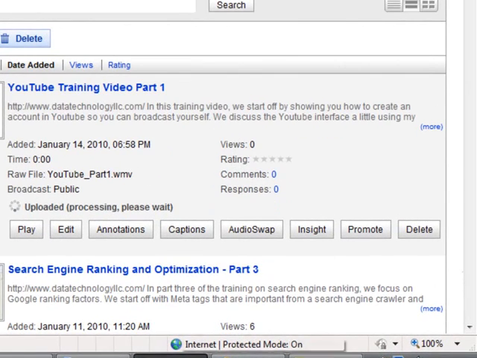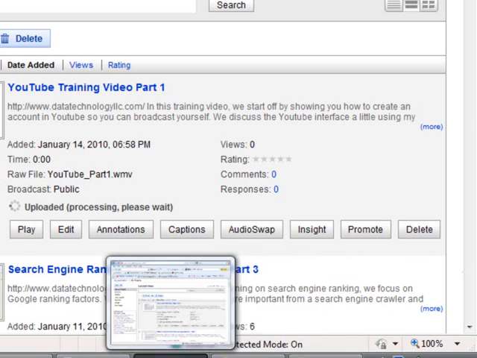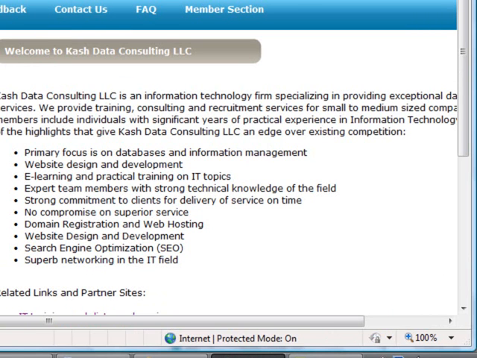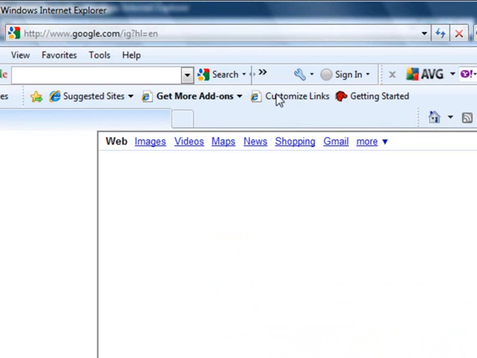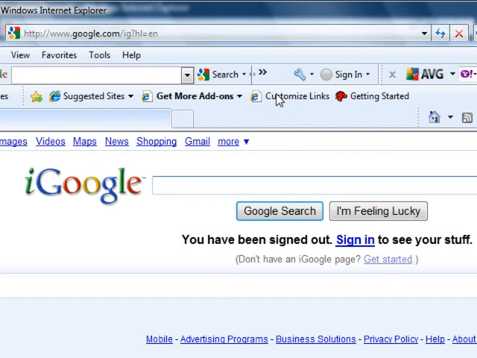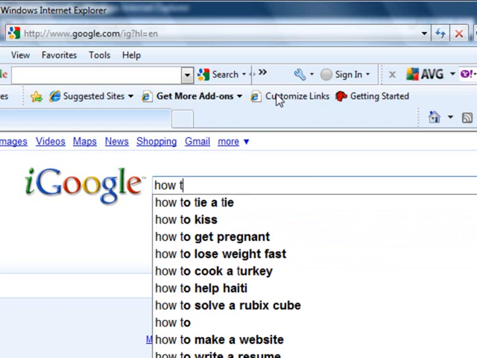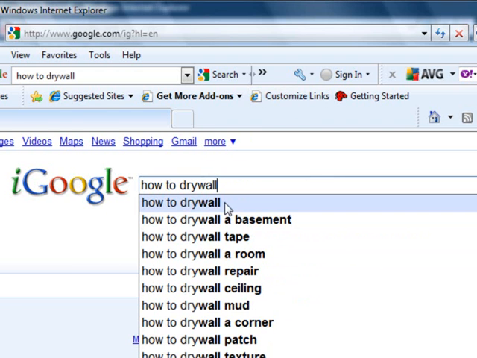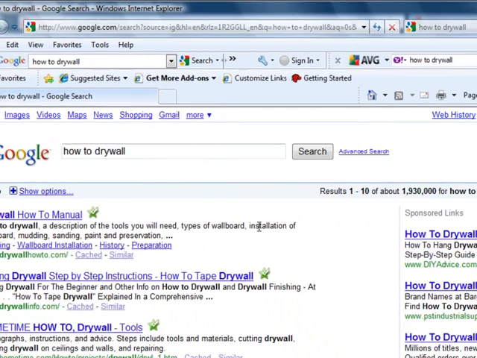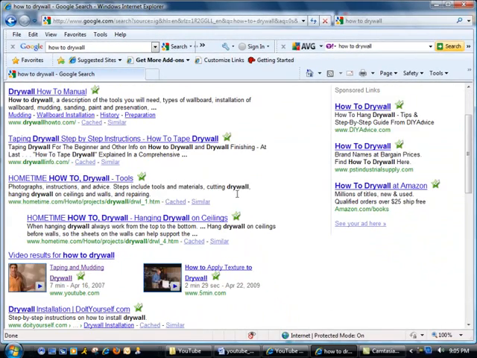While this is going, let me see what else we can do here. Maybe I can show you some other cool things in here. So I think one thing I had mentioned is when you go to Google or really any search engine, and let's say you are searching on how to drywall. Okay, see, I'm challenged in that department, so I can't even spell it. But let's say you pick this, right? Okay, now notice right away